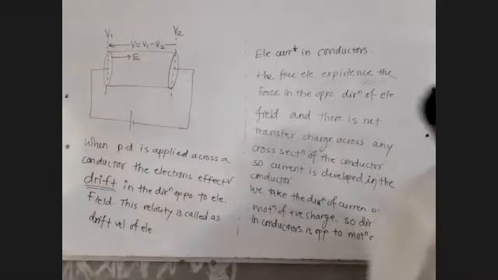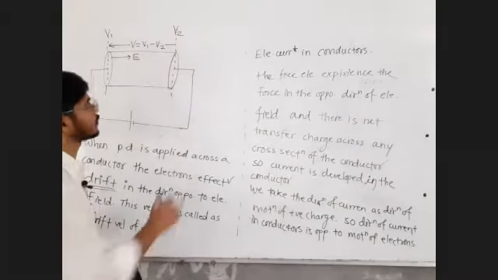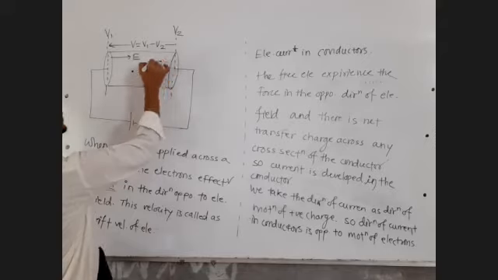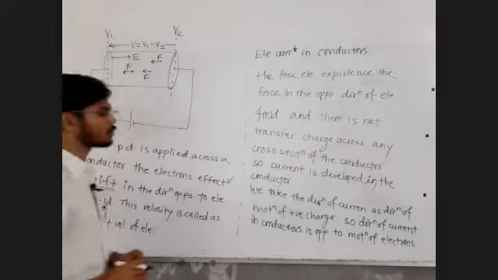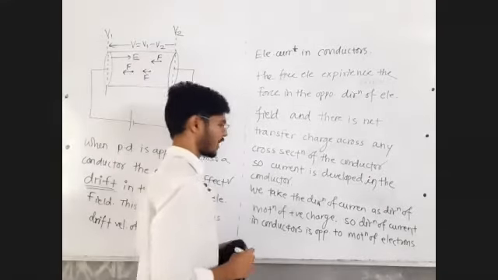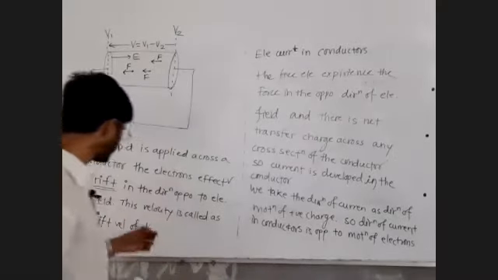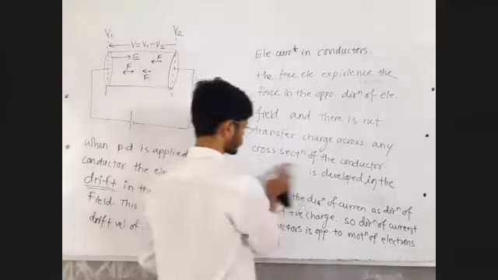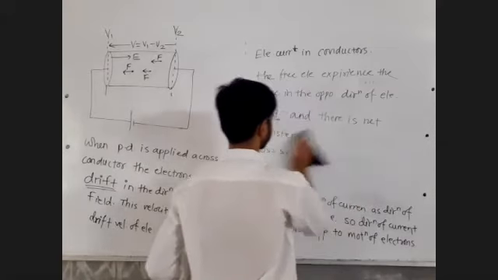Now you will say, sir, there is a force acting on the electron in the leftward direction. Yes, all the electrons are experiencing the force in the leftward direction. F is equal to EQ. Because of the force, there will be acceleration, and if there is an acceleration, velocity will go on changing. Then how can you say there is a particular velocity, a drift velocity? Because the velocity of the electrons must be changing, because there is a force.